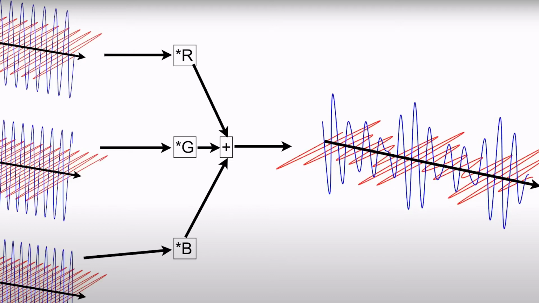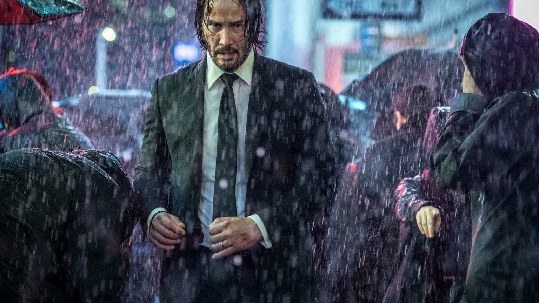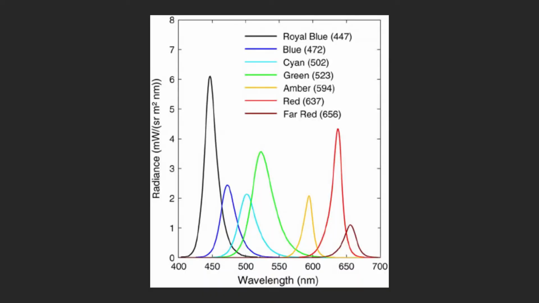Notice the SPDs for red, green and blue lasers are multiplied by a factor and added together to produce the final SPD. This kind of SPD is similar to what you see in laser projectors, and they mostly show up in higher end theaters. What is so special about it? They offer wide contrast and a wide gamut, and if we look at the actual waveform, we can see that after adding up these three simple sine waves, we get something a little more complicated than a single sine wave, with some underlying frequencies and some larger peaks.